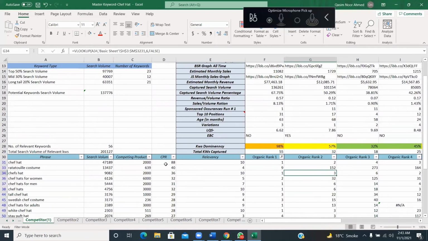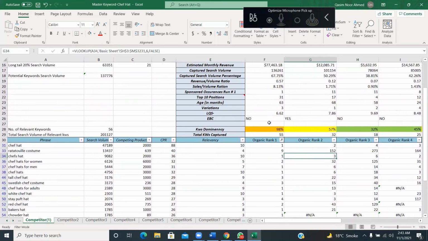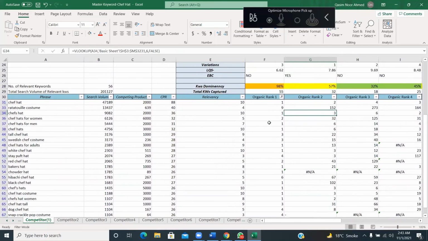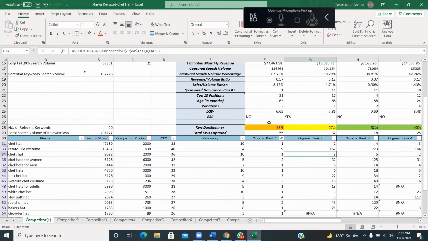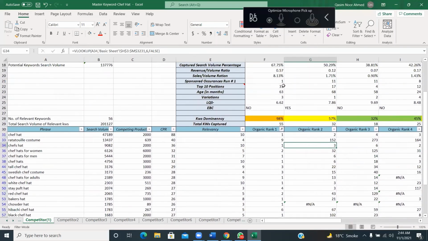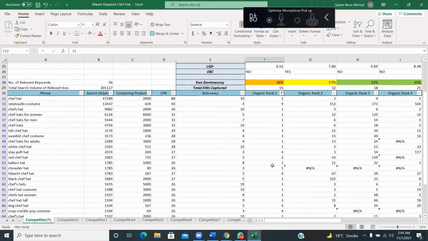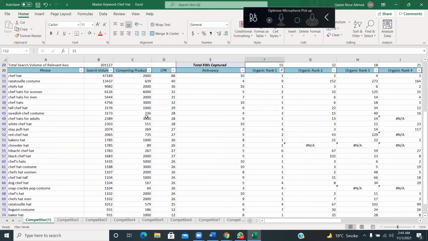अच्छा, सो दिस इज द मिरर शीट फॉर आवर फर्स्ट कंपेरेटर। हम लोग देख रहे थे कि टॉप 10 पोजीशंस में यहाँ पे हमने स्टडी किया था 31 कीवर्ड्स हैं। तो ये 31 कीवर्ड्स आ रहे हैं। अब हम देखते हैं, मतलब हम देख सकते हैं कि कौन से ऐसे कीवर्ड्स हैं जिन पर ये रैंक है, जिन पर इनका ऑर्गेनिक रैंक <10 है।